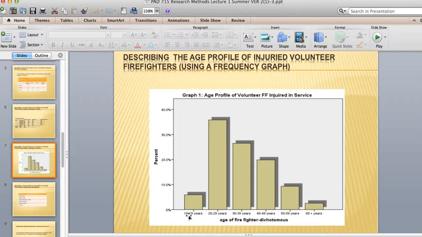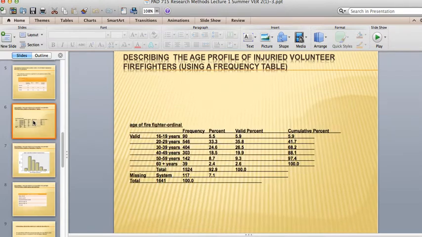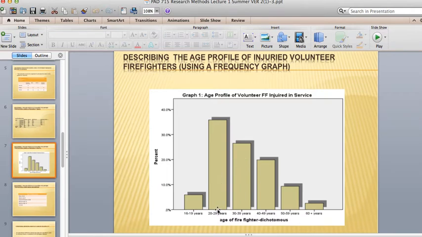Now, when you're going to report your traits or your patterns in your descriptive analysis, always start with the biggest and work to the smallest. So you can do one of two ways. And this is the sample discussion item topic that I will go over with you. In this case, you can see that close to 33%, well actually 35%, of injured firefighters fell between the ages of 20 and 29,